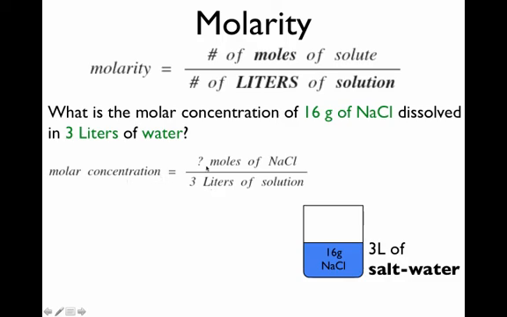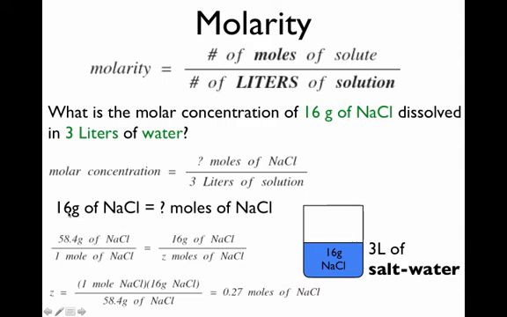Molar concentration is equal to, I don't know how many moles of sodium chloride yet, divided by 3 liters of the entire mixture. So the question is, how many moles of sodium chloride is 16 grams? And if you remember from a couple of slides back, we said that 1 mole of sodium chloride, so let's focus on this fraction over here, 1 mole of sodium chloride is equal to 58.4 grams of sodium chloride. But we don't have 58.4 grams, so we don't have 1 mole. We have less than that. We have 16 grams of sodium chloride, so I'm saying how many moles of sodium chloride is 16 grams, and I'm calling that